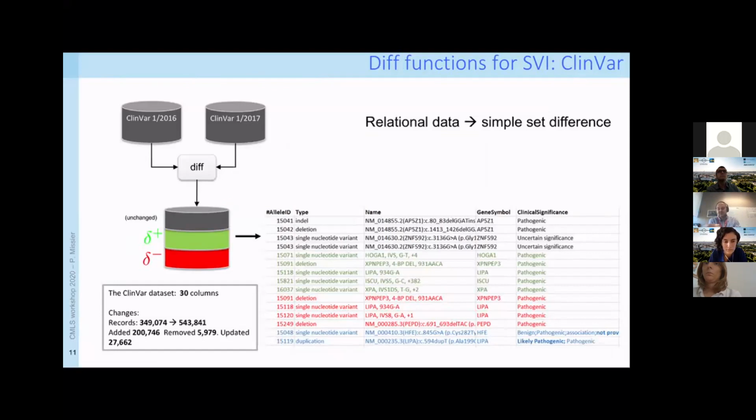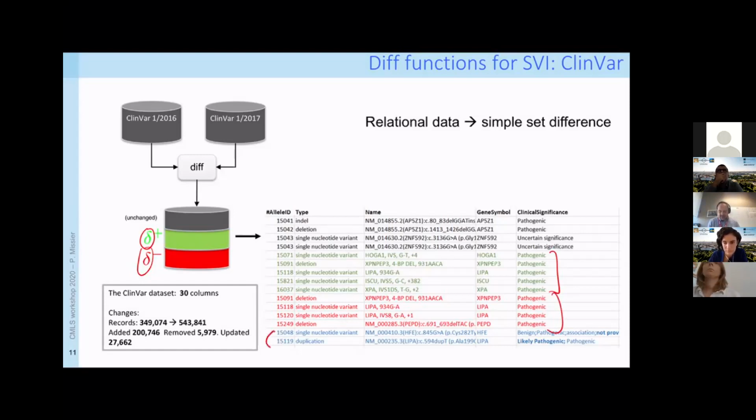And again, we're going back to SVI, this simple variant interpretation workflow, and I say, okay, well, this is just a relational table, and trivially, my difference is just set difference. What's complicated about that? If you can see the colors, this really trivial set difference will highlight that you now have a plus, so added and removed. So these are added pathogenic variants for a particular version of ClinVar, and actually some variants are being retracted because these things happen,